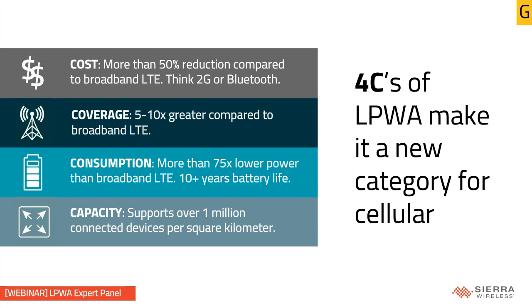LPWA, not your legacy cellular. This is a new category of cellular that hits these 4 Cs that traditional cellular can't meet. And that's because LPWA applications, of course, use much lower data rates, are very latency tolerant, and send much less data per month. You know, you're talking about tens of kilobytes per month versus gigabytes. So there's 2 to 3 orders of magnitude difference there. And this allowed those engineers to create the 4 Cs that you see on your screen.